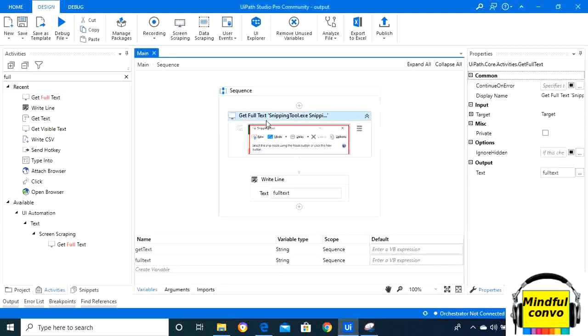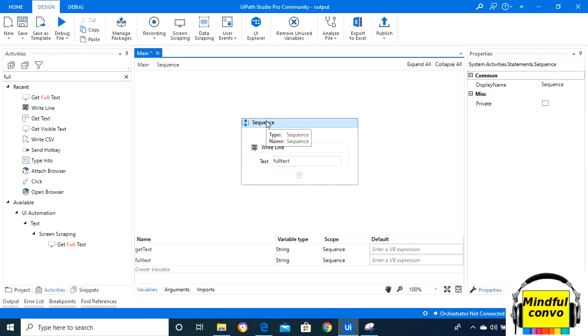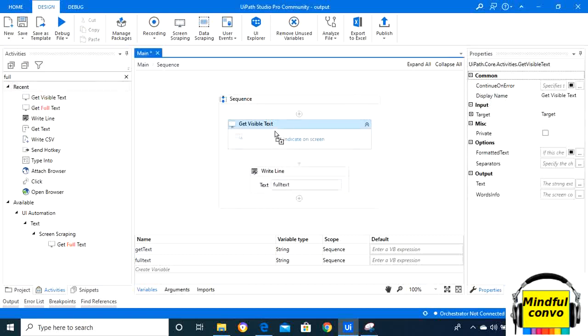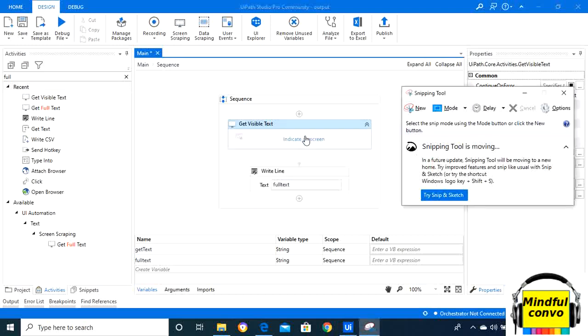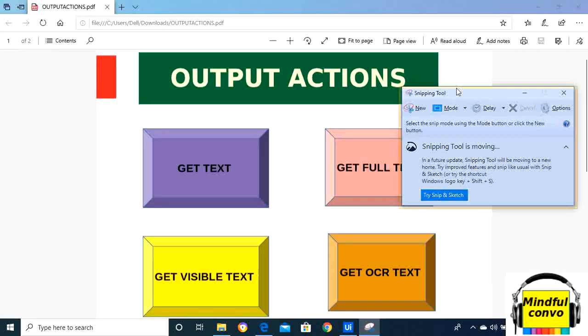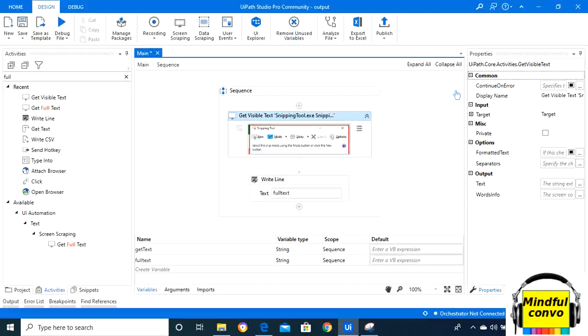Now we will take the get visible text. So we will again indicate the screen like this, and it will use the native method, and as we have already discussed, in the native method it will not take the disabled element.